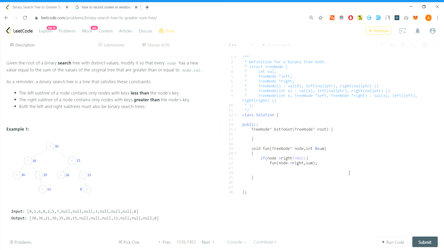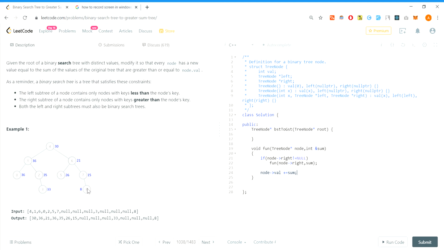And after we have visited all the rights, from here we will go 6, 7, 8, then we will have nothing over here. Then that means we are coming back from the right side. So what we have to do, we have to update the value, which will be whatever the node value is plus sum.